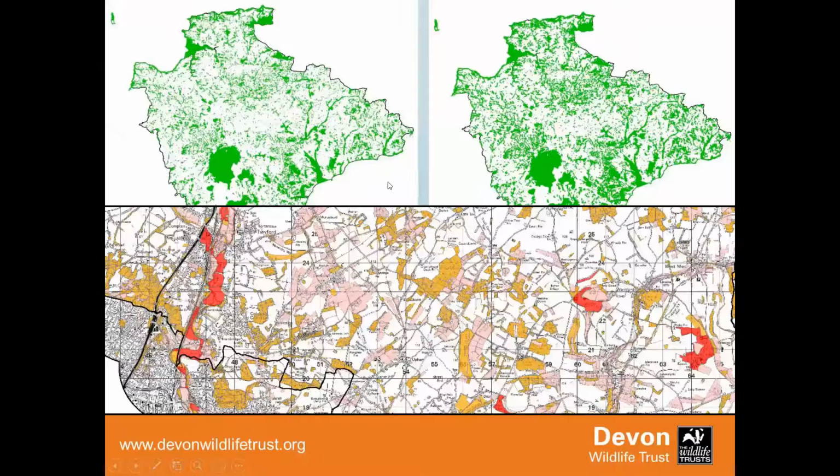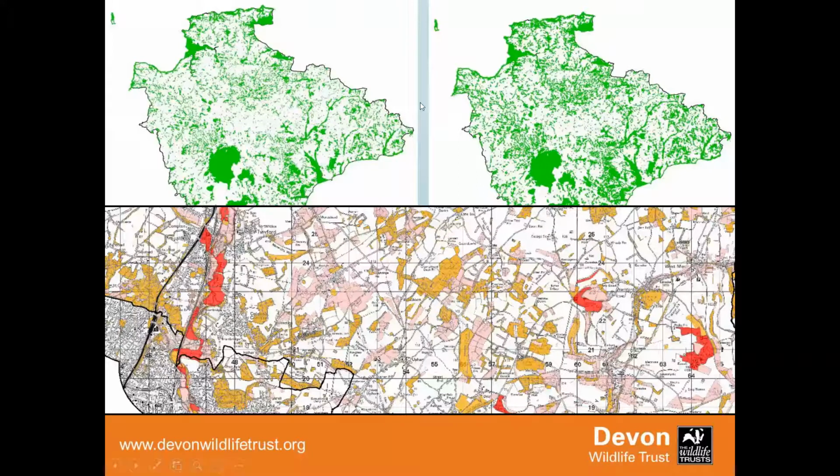Creating a huge amount more grassland in our landscape is not going to be easy, or other habitats. And this is the role that something called the Nature Recovery Network is likely to come in to help us to decide where to prioritise our effort, our money, our time. We can all do a small patch on our doorstep, but if we want to really make big changes, that's going to take a huge amount of effort. And so to recover that massive scale that we've lost, then we need to know where to invest and know where we'll get the benefits.